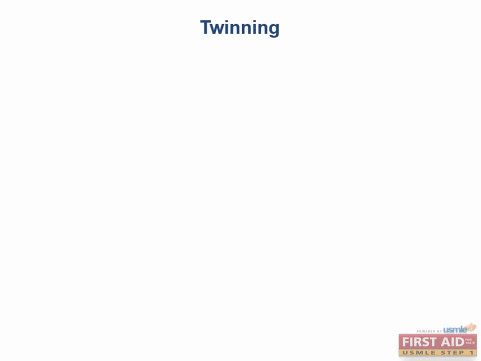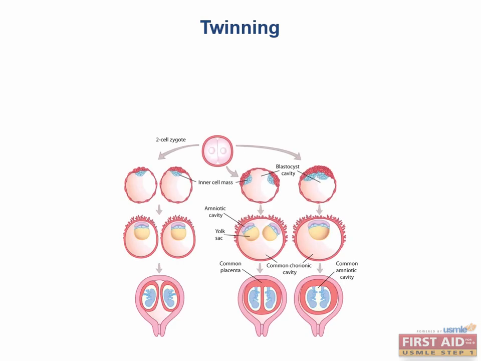Okay, so moving on to twinning. Do you remember which of the five types of errors in organ morphogenesis twins are at risk for? That would be deformation, since it can be crowded in the uterus and the twins can put physical pressure on each other. So, the two types of twins are monozygotic, meaning they came from one embryo, one egg,